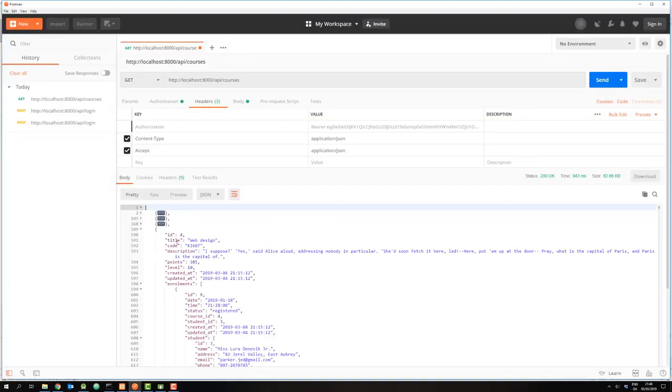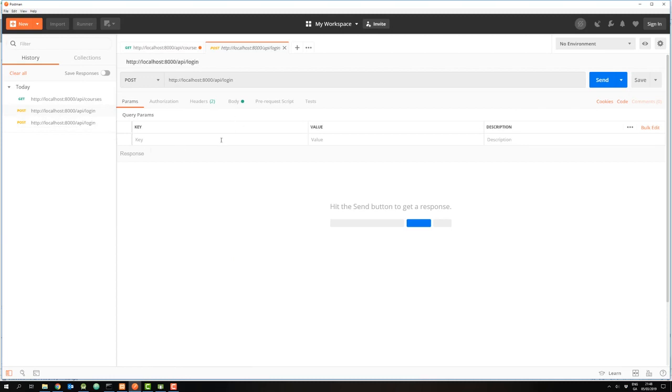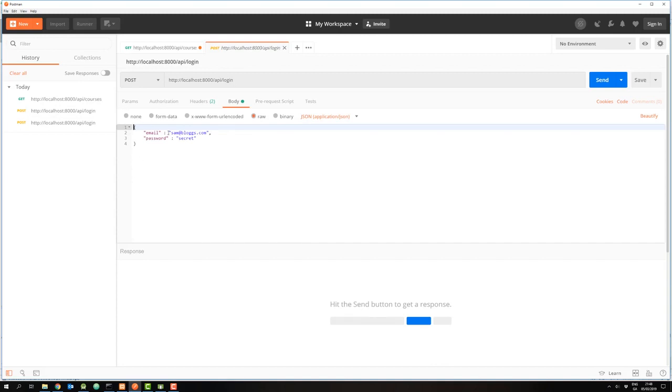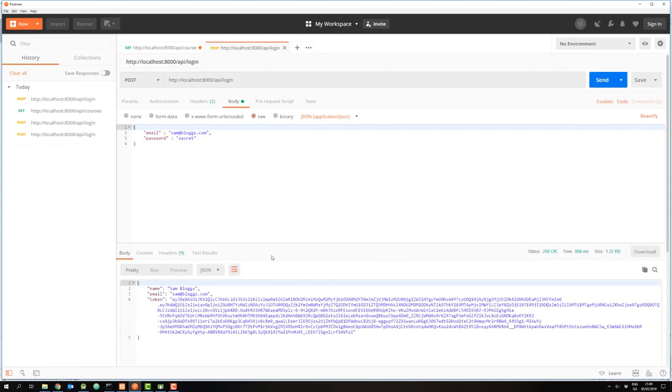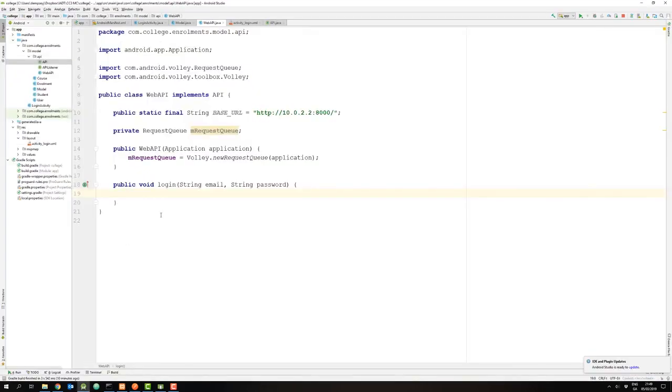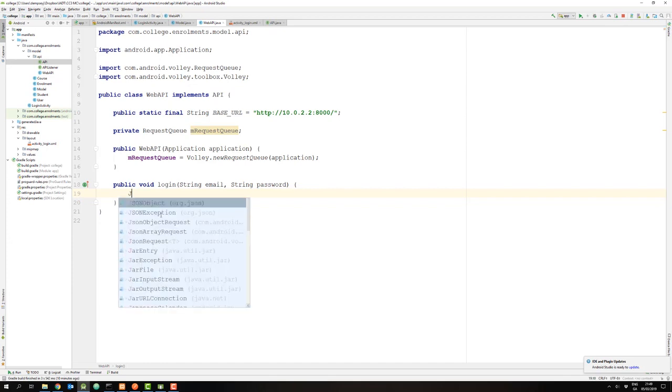REST API. And if you go back to our login request, here it is here. The body of the request needed to have the email address and the password encoded as a JSON object. And then the response, I think, is gone, but we'll just send the request again, get a new response, and the response comes back as a JSON object. Okay, so I want to send a JSON request. I want to send an HTTP request to the server, and I know that what I'm going to get back is a JSON response. So inside the Volley library, there is a class called JSON